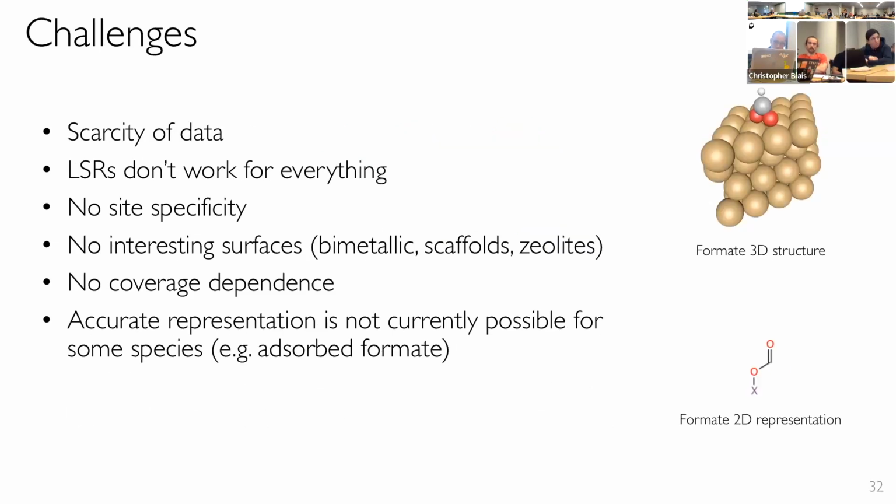Some of the challenges upcoming for RMG-Cat are, we don't have a ton of data still. We're generating more data as we go for both thermodynamics and kinetics. It's a little more complicated because with surface chemistry, in addition to the molecule that you're doing a DFT calculation for, you're also doing your molecule in relation to this giant metal slab that I have shown here.